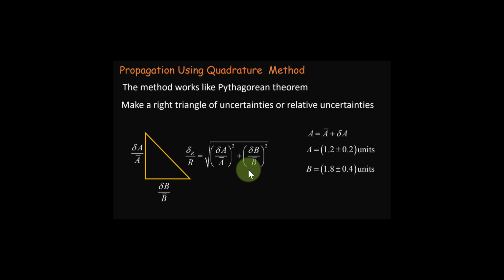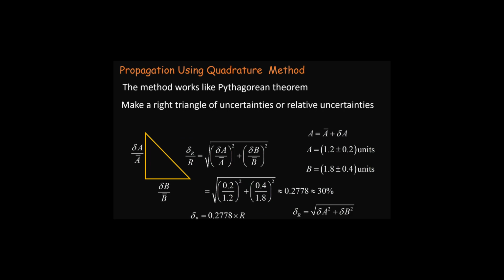Finally, multiply the fraction by the result of the math operation. We got this fraction and we are multiplying that fraction by the result R, and that gives us the uncertainty on the resulting quantity. For special cases like adding and subtracting two quantities with same units, you can just use